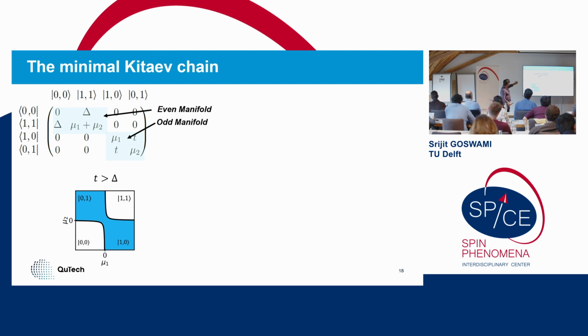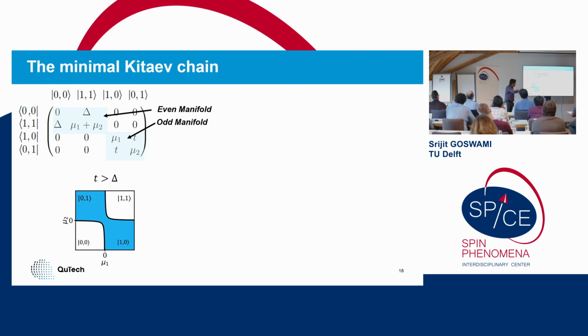So what you can do is, because you can divide this into even and odd manifolds, you can actually look at this. This is effectively a phase space, right? So where am I in the 0,0 occupation? In the 1,1 occupation, so these are even. And these are the odd occupations. So depending on the ratio of T and delta, so whichever is greater, what you will see is that